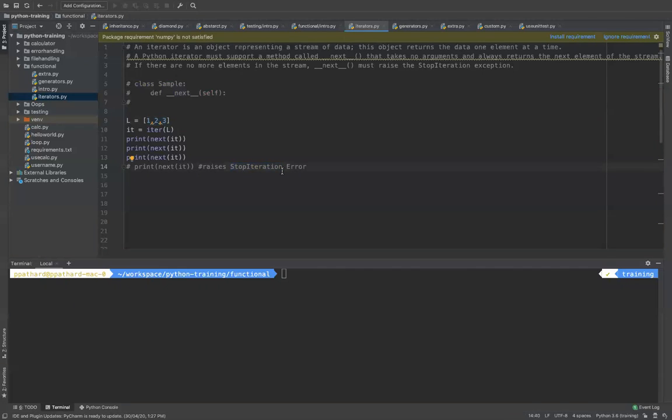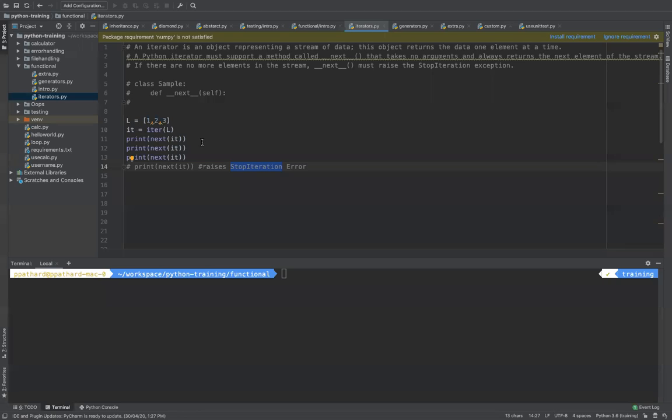Now these iterators are being used everywhere. For example, when you do a for loop, by default internally it will take care of making it an iterator. But the for loop will not raise this error. The StopIteration error will be handled automatically in the for loop.